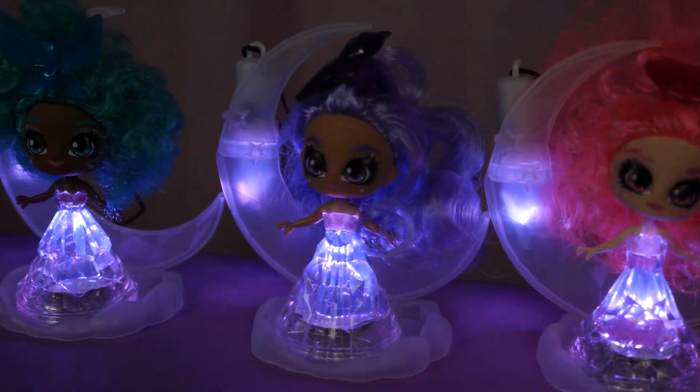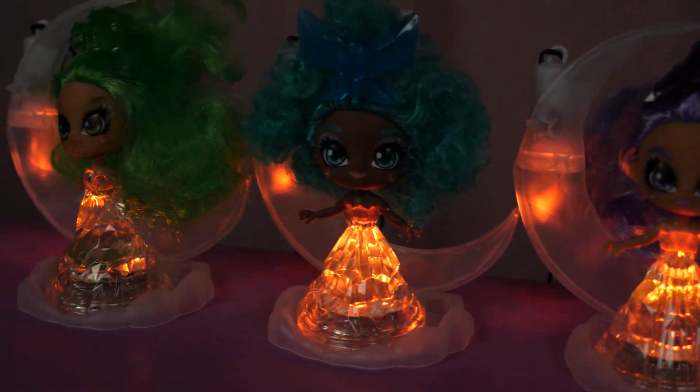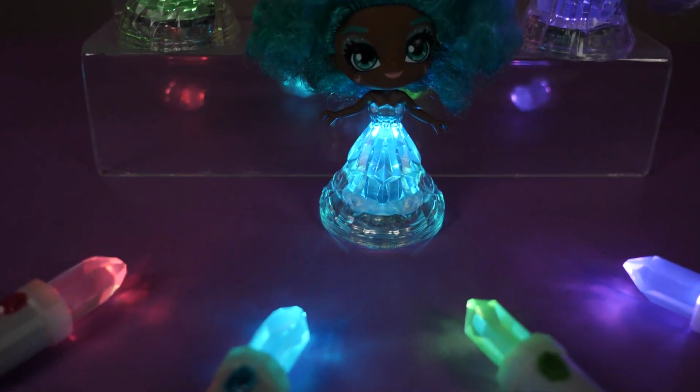I especially love the moon stand. I think it's super pretty and reminds me of Sailor Moon. And with the power of the moon and these